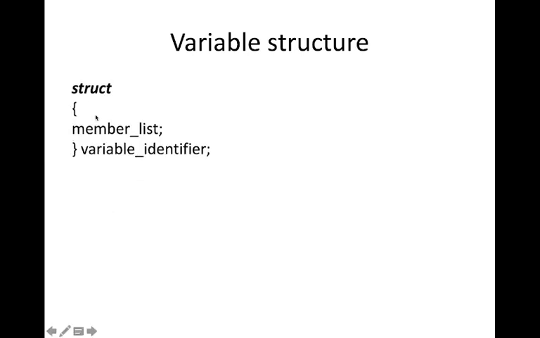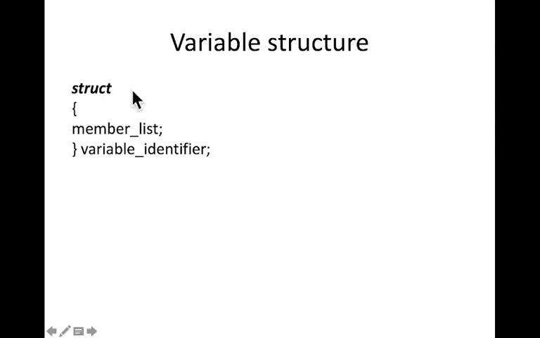So variable structure. We will see how variable structure can be used to declare a structure. Like we declare variables like A and B, we have to declare these structures also. This is the format: the struct keyword will be used, and there won't be any name given to the structure. Then we can have the member list, like we have already seen: data type variable 1, data type variable 2, data type variable 3. You can have any number of members inside that, and it closes with a brace. After that, variable identifiers can be used, like s1 comma s2 comma s3. So this is the variable structure format.